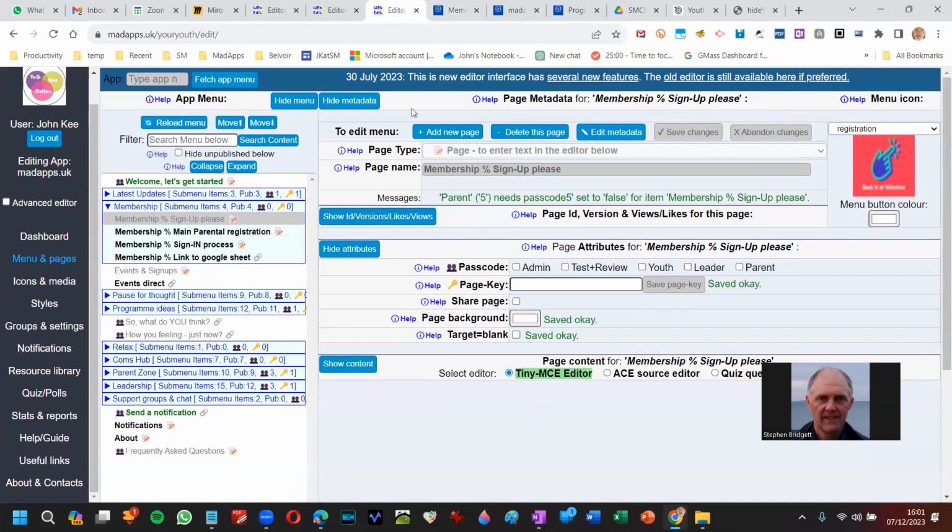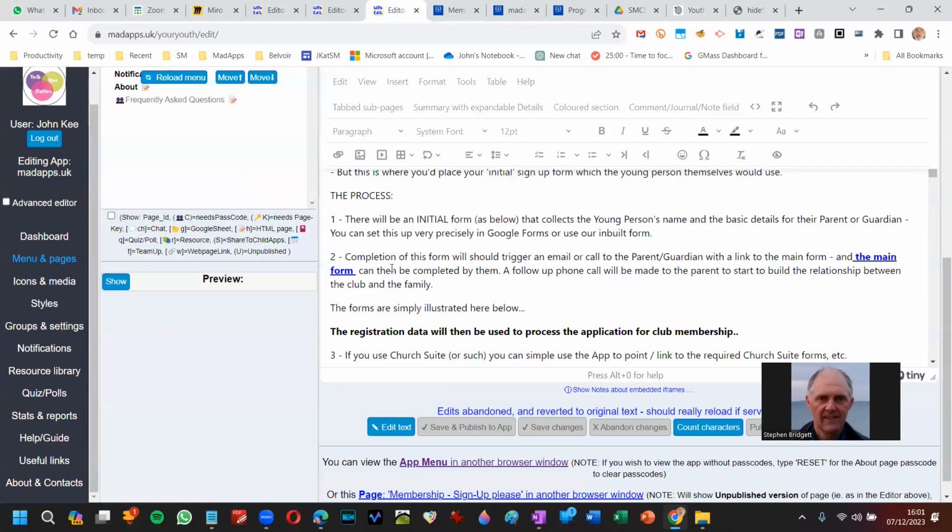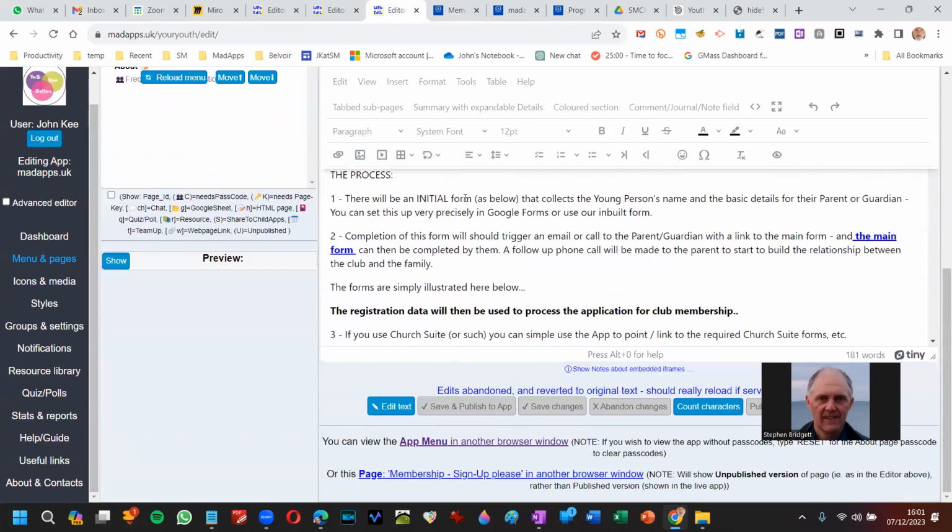So those are some of the basics. We can hide the attributes and show the content, and we'll go through those things shortly. But I just want to check that we haven't had somebody join us at 4. Someone was going to come in at 4. But while we're waiting for the other person to come in at 4,